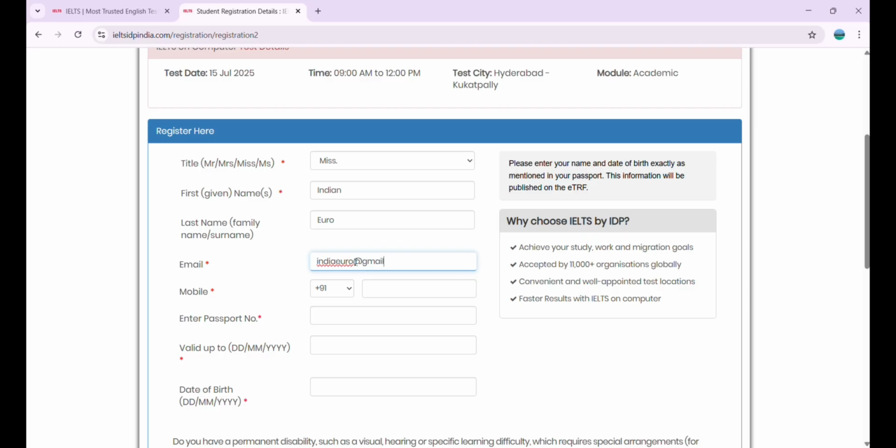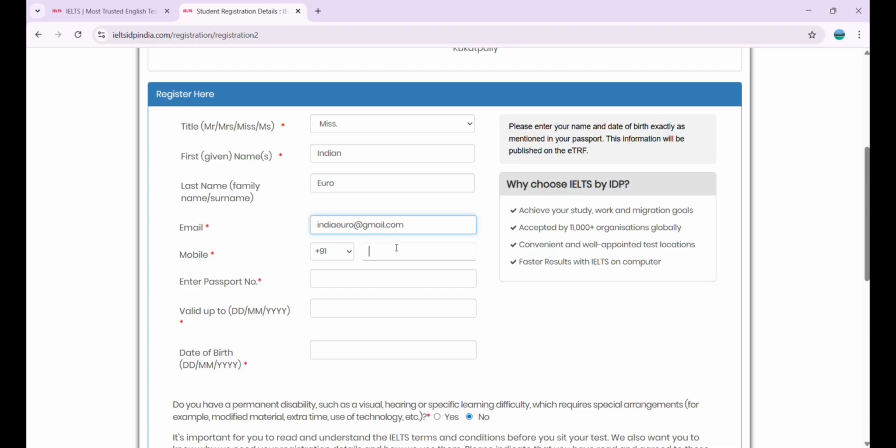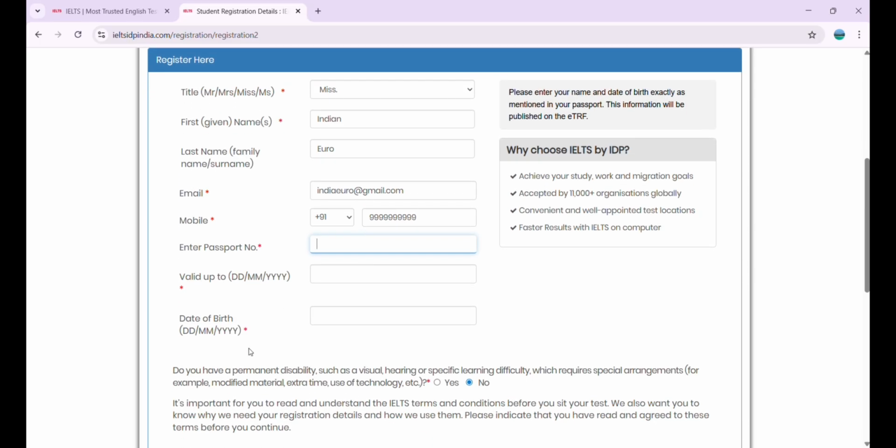And make sure to give your active email address and also your mobile number, because your test confirmation and updates will be sent to your email, and any urgent communication will come via SMS or call to your phone. So I am giving here some random number, and enter your passport number correctly. I am giving some random passport number here,